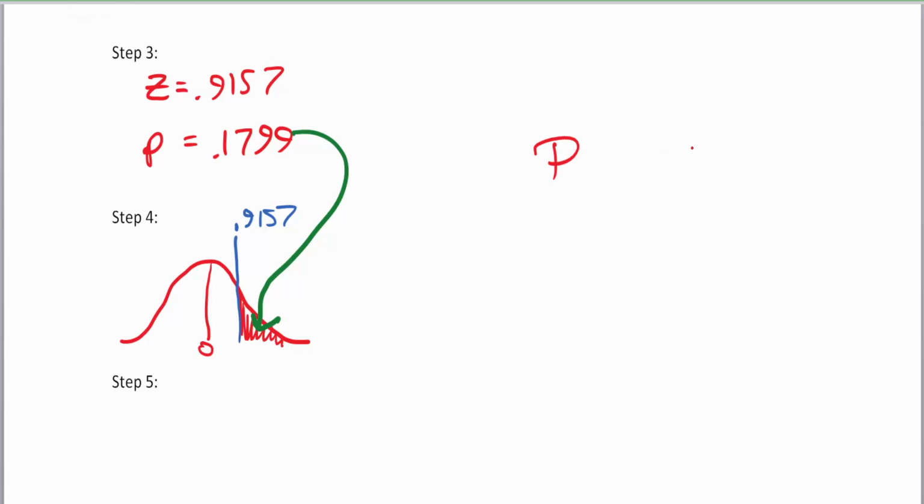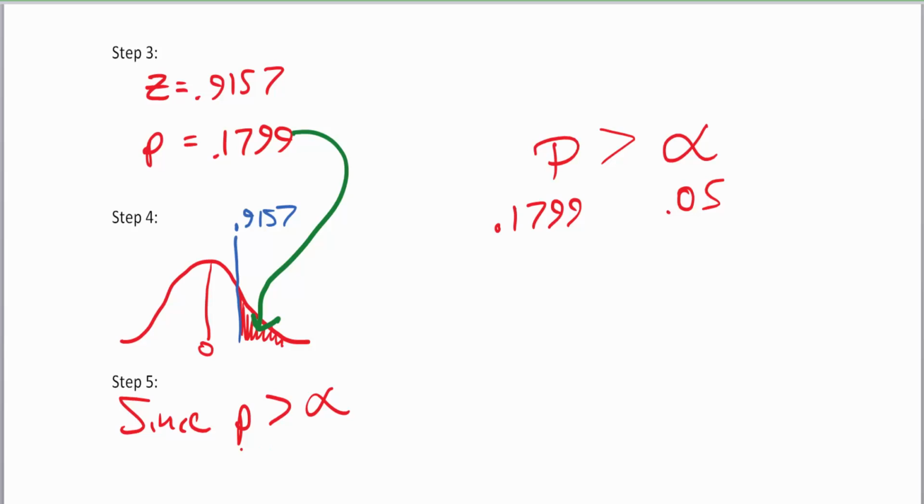So if we compare our p to our alpha, my guess is it's going to be greater than, because our alpha was only 5% and our p-value was 17.99%. Since the percentage chance of us getting this result was greater than making a mistake, we are going to not reject the null hypothesis. So, since this is the required inequality, p is greater than alpha, be sure to write this in your paper pencil homework here,